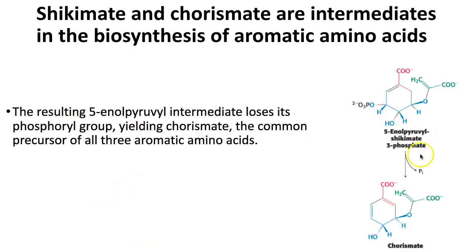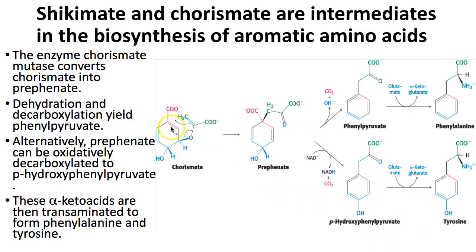And then from there, the phosphoryl group is released to have this next key intermediate. And then you have some conversion that ends up happening, and then it has two different paths to form